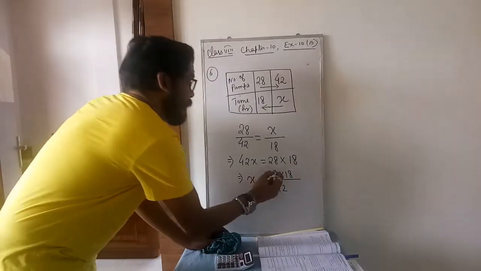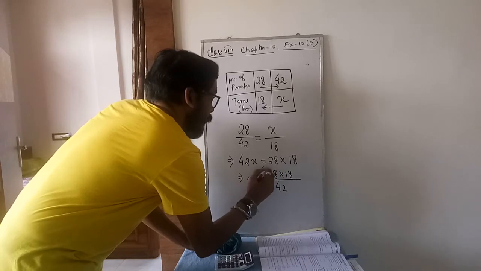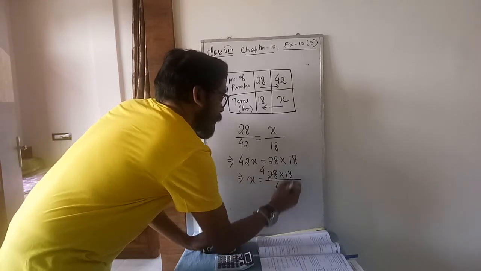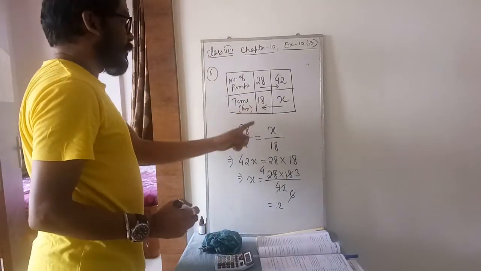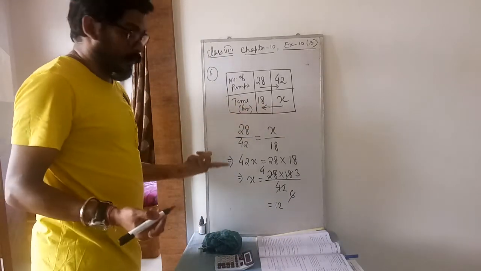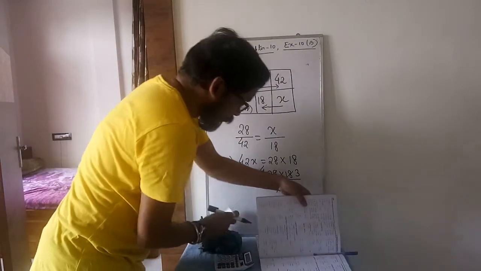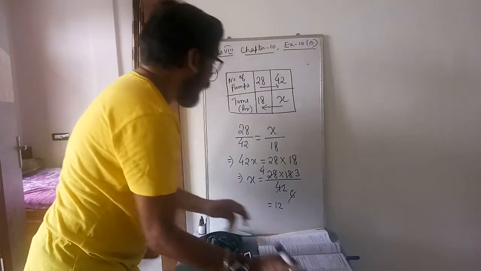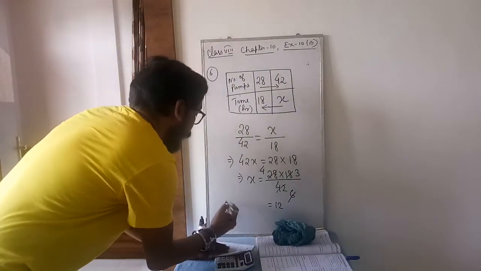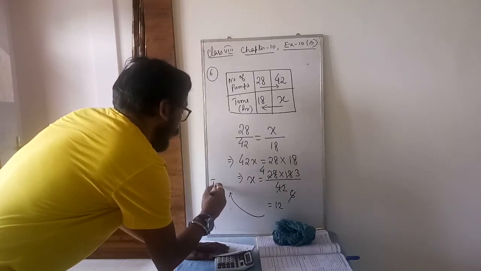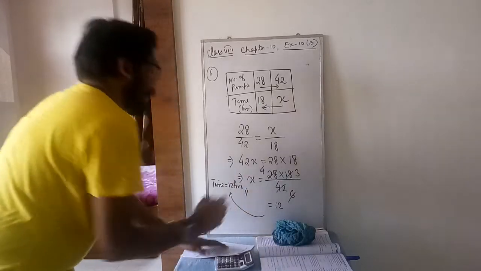So you can cancel it by 7, 7 fours are 28 and 7 sixes are 42. More you can cancel, 6 threes are 18, so 4 threes are 12. So now it will take 12 hours. You see, 18 it was earlier, now 12. Hope it is correct because time is less. Okay, let me check the value. So it is 12. So at last you will write here, time equals 12 hours. Take the screenshot.